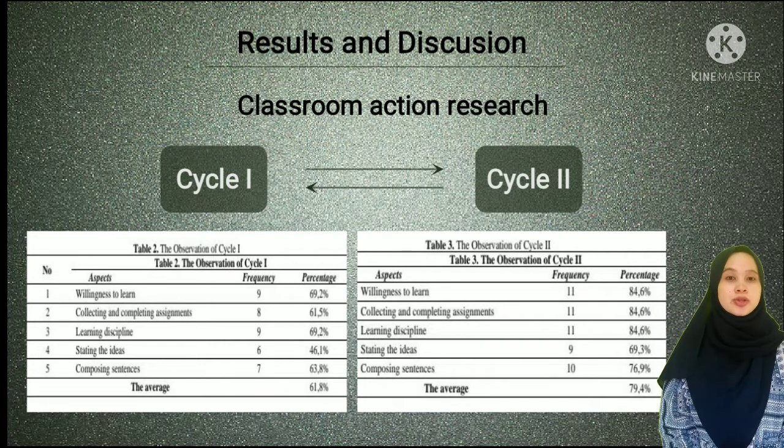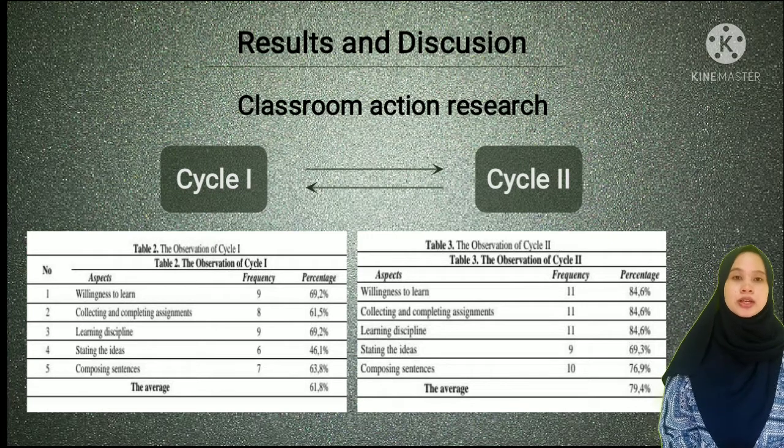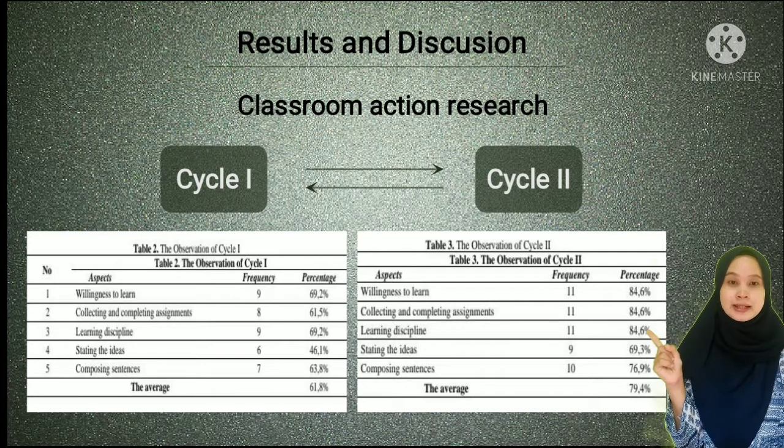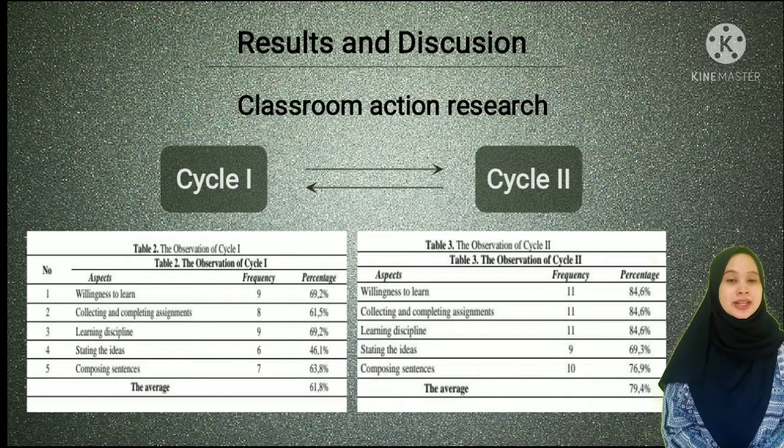Okay, based on cycle 2, which was held on Tuesday, October 20, 2020, student motivation in learning English increased when Google Meet was applied as part of classroom teaching. And here, the use of Google Meet is intertwined with various activities and media. The increase in student learning motivation is 79.4%. Okay, for the observation data, 11 students showed their willingness to learn, collect and complete assessment, and show their discipline during the